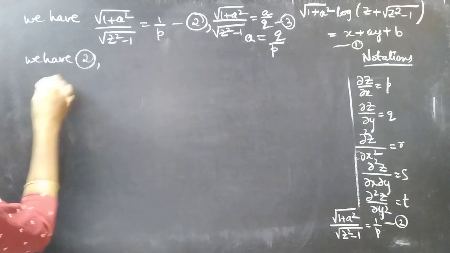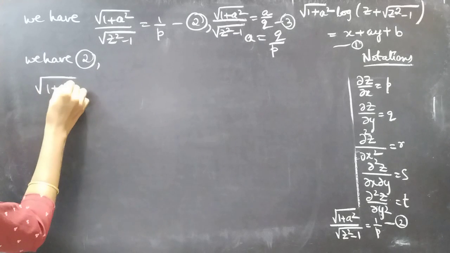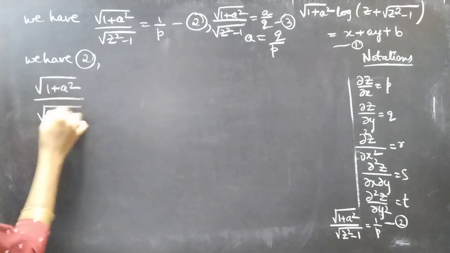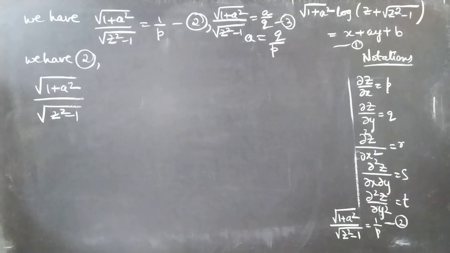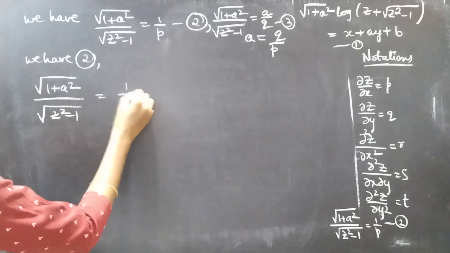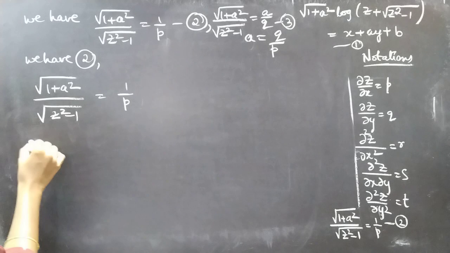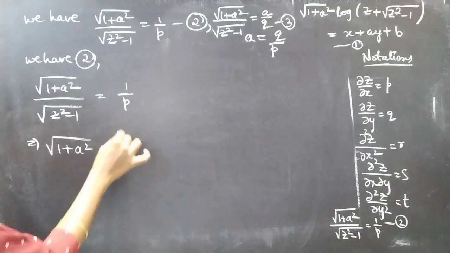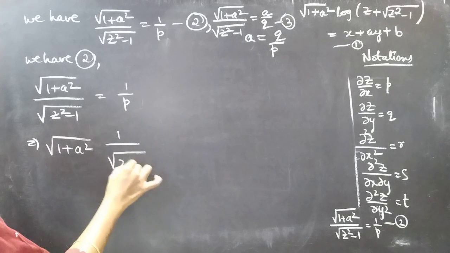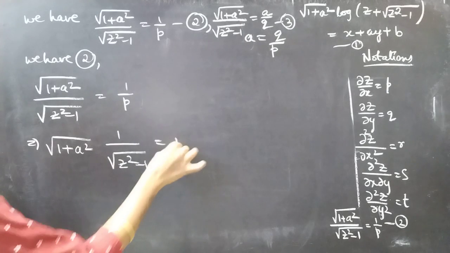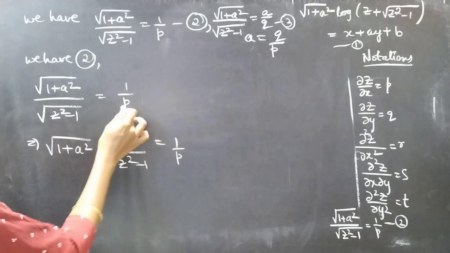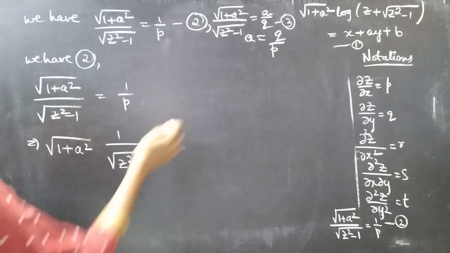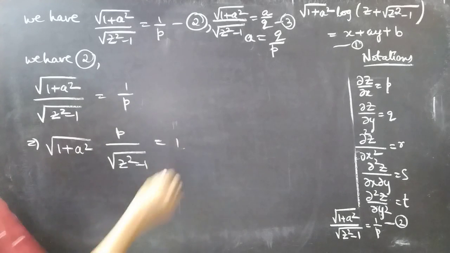We have equation 2, square root of 1 plus a square by square root of z square minus 1 equal to 1 by p, or we can write this as square root of 1 by a square into 1 by z square minus 1 equal to 1 by p, or just bring this p here, we'll get,